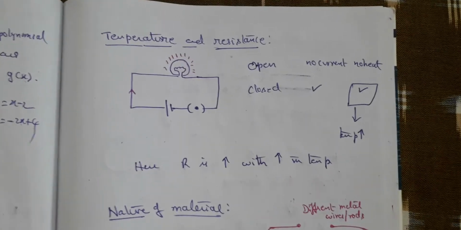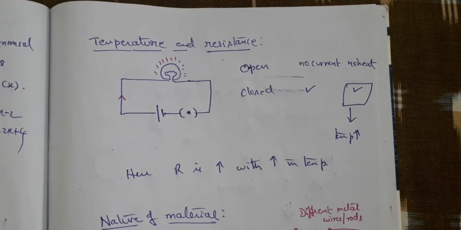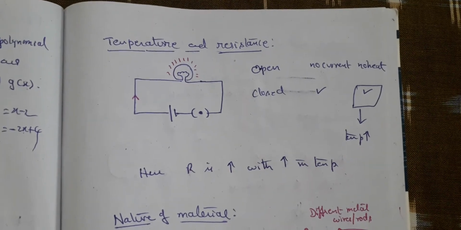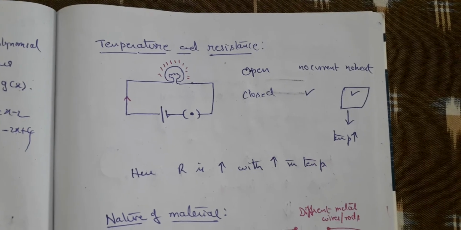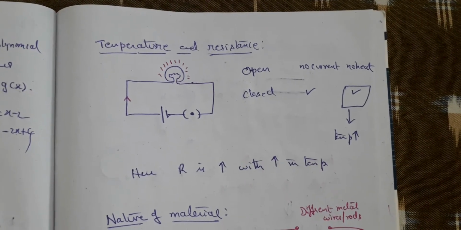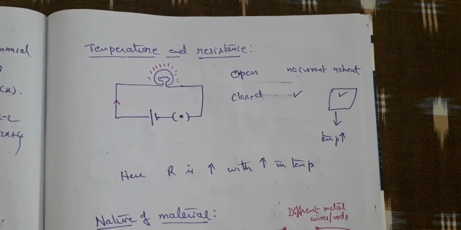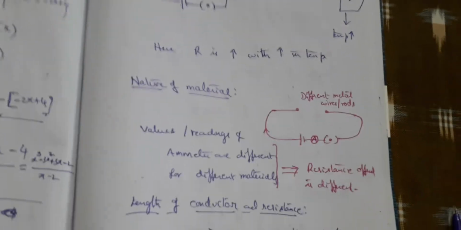So this is the proof that resistance depends on temperature. Take a screenshot of this and please make a note, copy the notes, and you have to give the description. Whatever I said, like take a bulb and connect it and let the circuit be open. Then measure the resistance with the multimeter. All those statements must be written just before you draw all this. Okay, right. Move on to the next one.